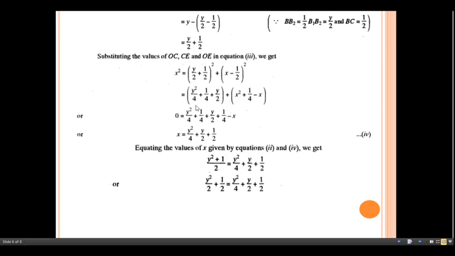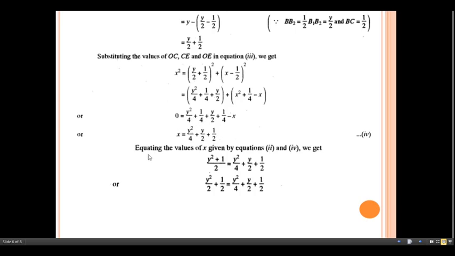Okay, then next one. Now simply just solve this. If you just see towards the left side and right side, x square term is there, so x square gets cancelled. What's about the next part? So y square by 4 plus 1 by 4 plus y by 2 plus 1 by 4, already this x square gets cancelled, minus x is here. Now just get the value for the x. Value for the x is nothing but 1 by 4 and 1 by 4 is nothing but the half. And what's about the remaining one? Y square by 4 plus y by 2 plus 1 half. So in this way you can get the value for the x.